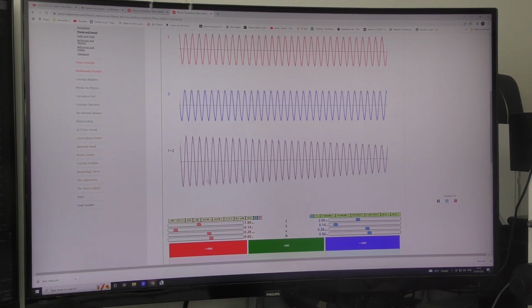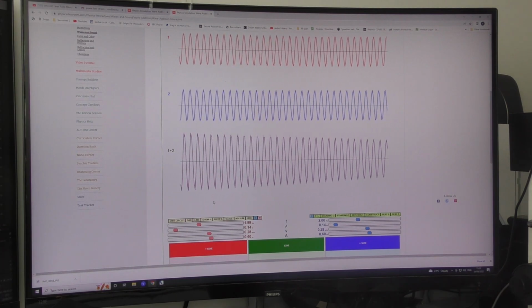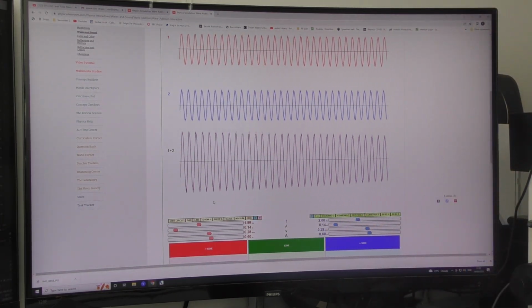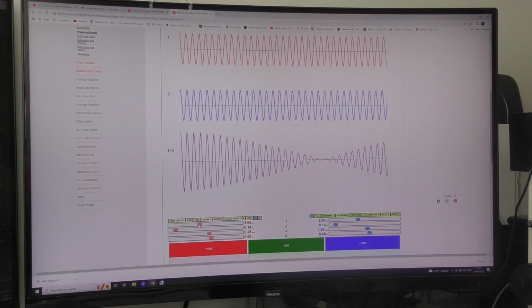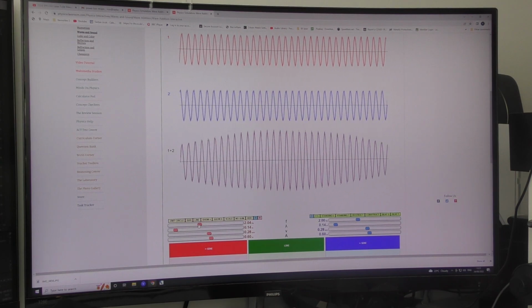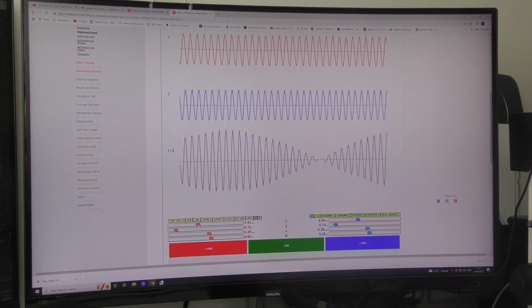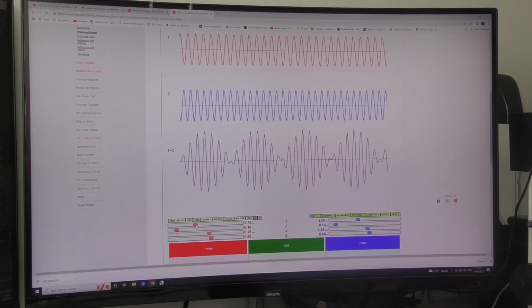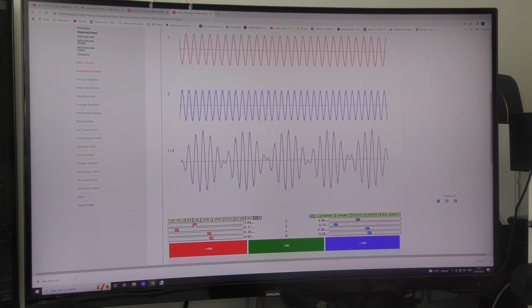With a very, very small error between these two signals, we get a very slow change. If I increase the error between the two signals, look what happens. It gets bigger and smaller quicker. And the bigger the error, the faster the changes occur. To the point where if I put a certain significant error in,